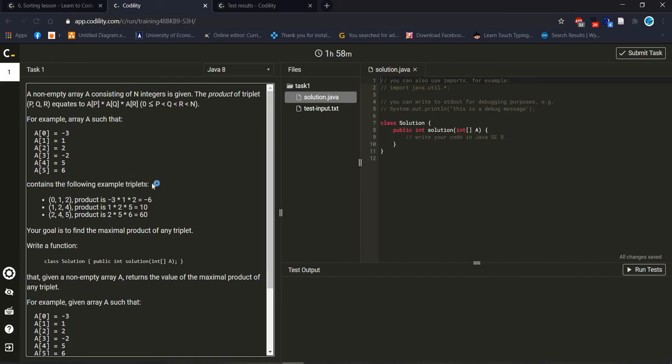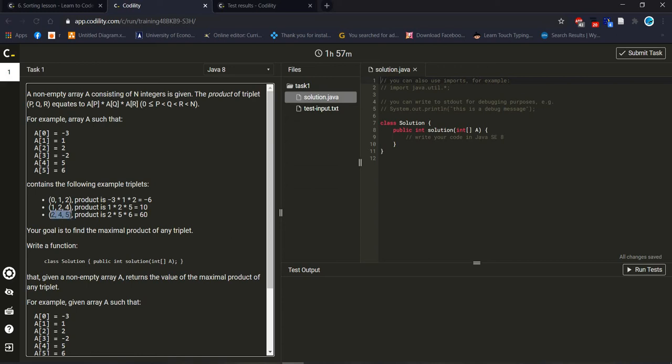That means we should get maximum value to do product 3 integer value. We should calculate 3 indexes value or integer value. And 2 4 5, these 3 index, this product is 2 product 5 product 6 equal to 60, that means 60 is the highest result when we multiply these 3 integers.